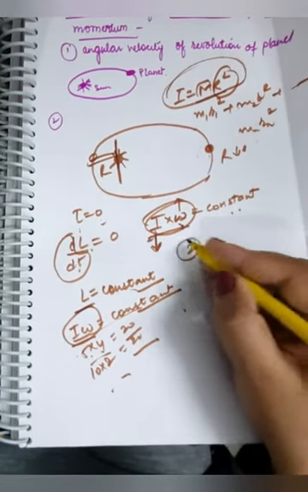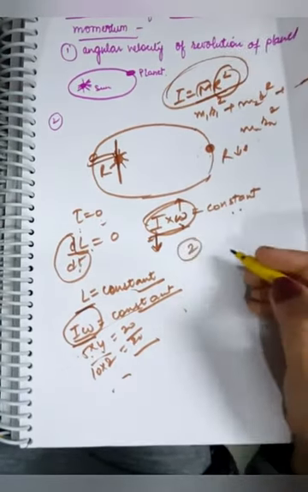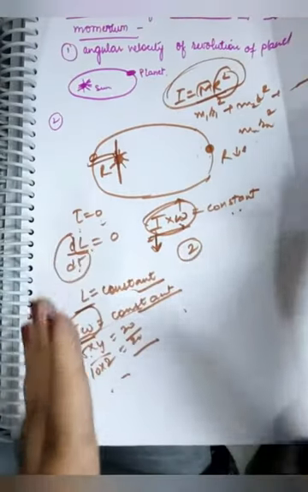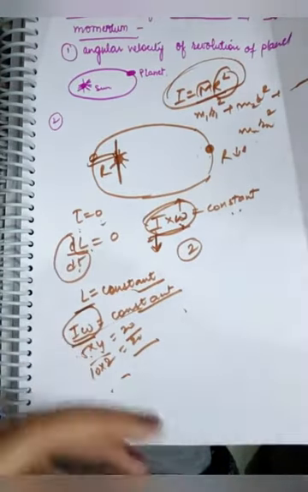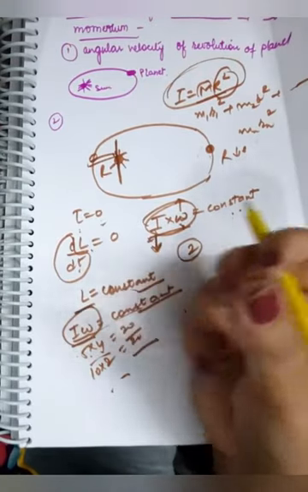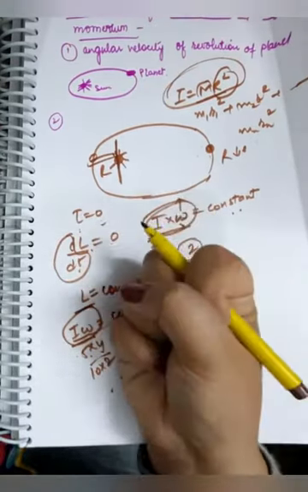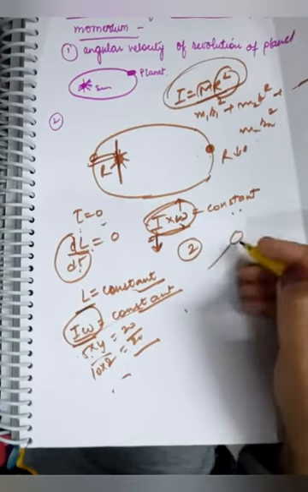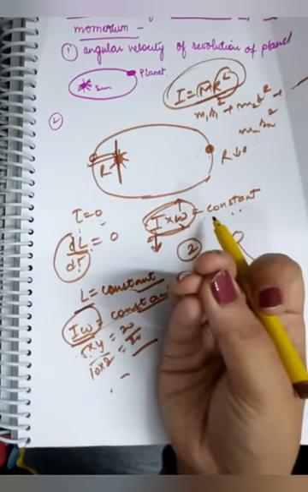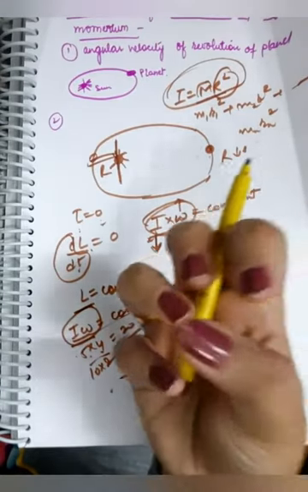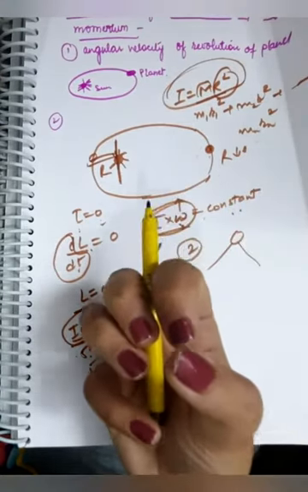Second application is of a ballet dancer, a circus acrobat. You'll be very surprised to know that ballet dancers actually spread their legs wide when they want to rotate slowly, and when they want to perform feats requiring higher velocity, they just curl up their body. So again the same thing. Every dancer stretches her body when she wants to rotate slowly, and she just curls up her body when she wants to rotate rapidly.